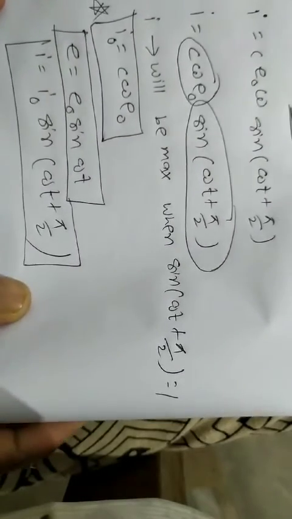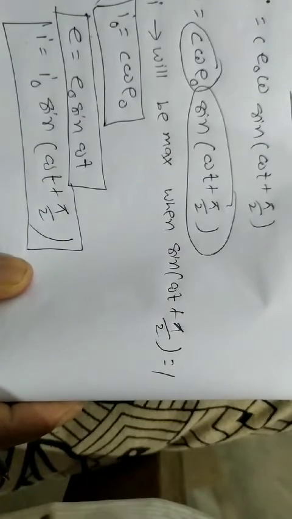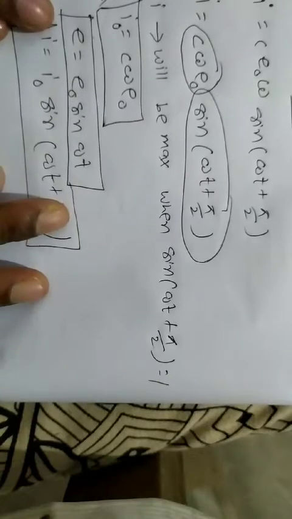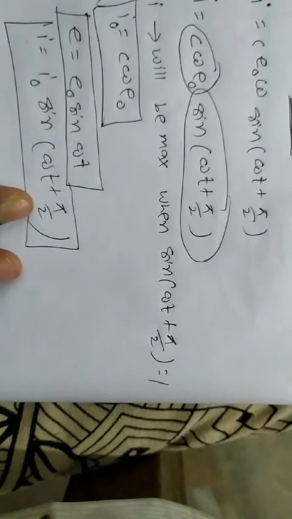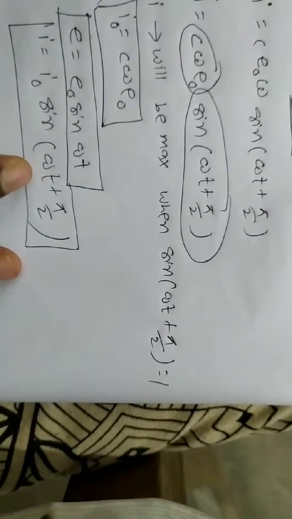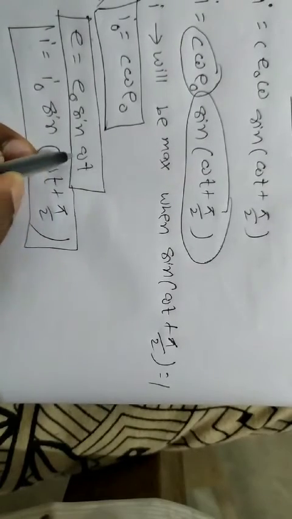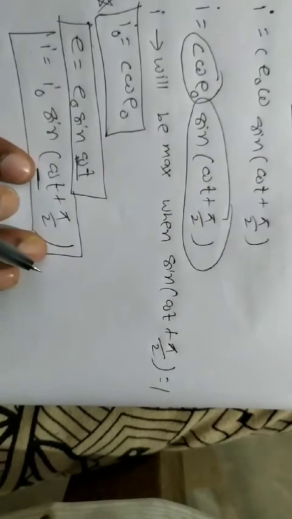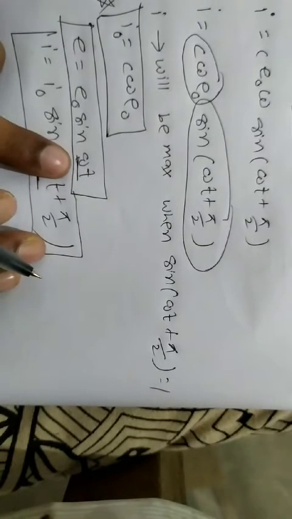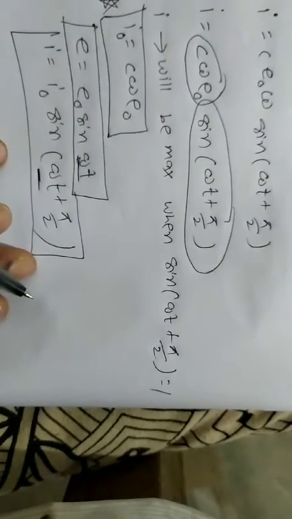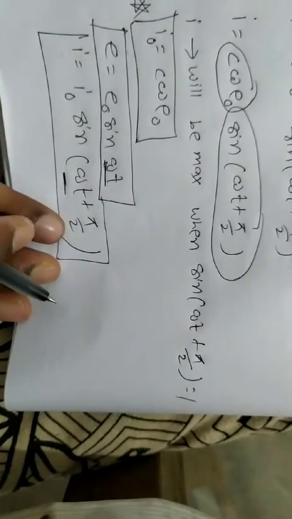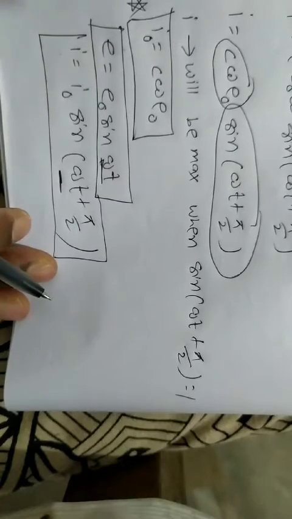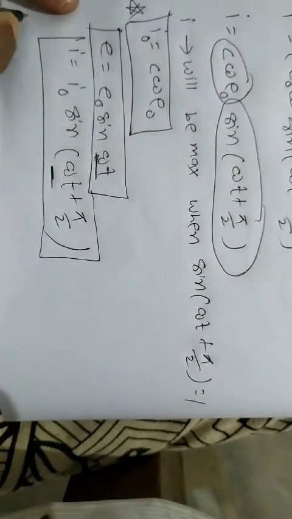Any difficulty? Here see which thing will lead and which thing will lag. So E is equal to E naught sin omega t, and I is I naught sin omega t plus pi by 2. So this phase is omega t, and this phase is omega t plus pi by 2. So this current is leading and EMF is lagging, and current is leading by how much? Pi by 2 angle. Current is leading by omega t plus pi by 2, no? So current is leading by pi by 2 phase. So write that here.